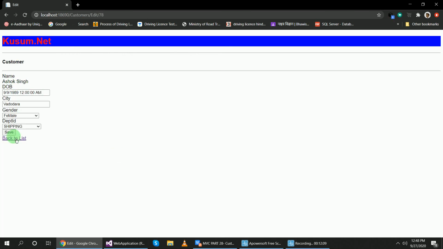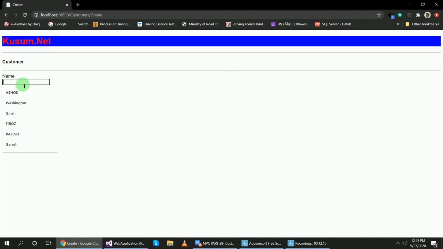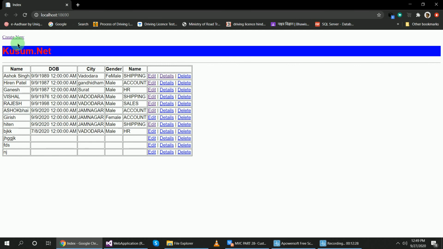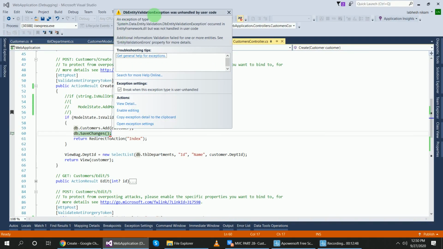If I want to create another view, another form, then what will happen? It will create this, but I want the display property here. For that, I will create this one new form, and if the user does not enter the name property and fills in all the other things, then it gives us an error. Okay, DbEntityValidationException was unhandled by user code.